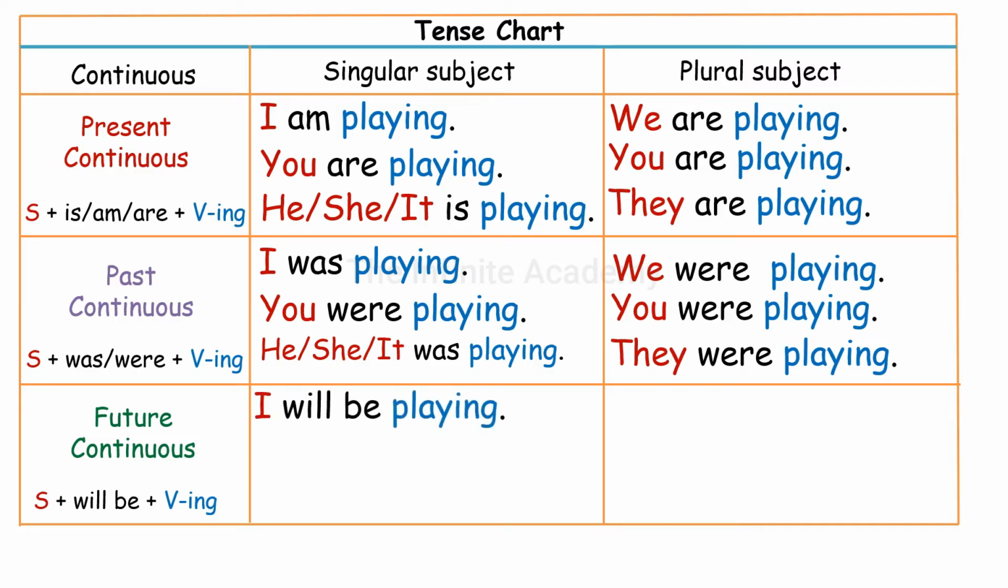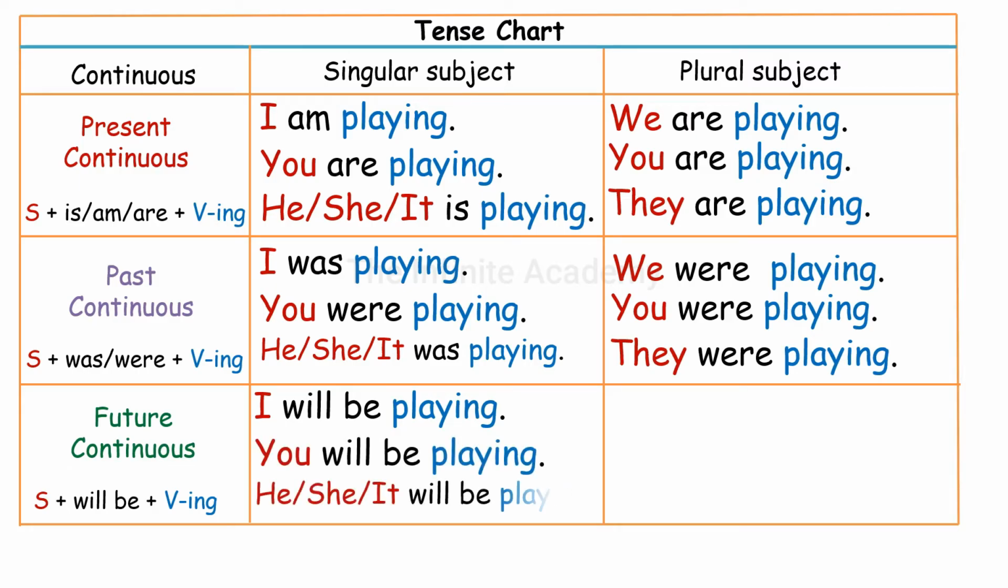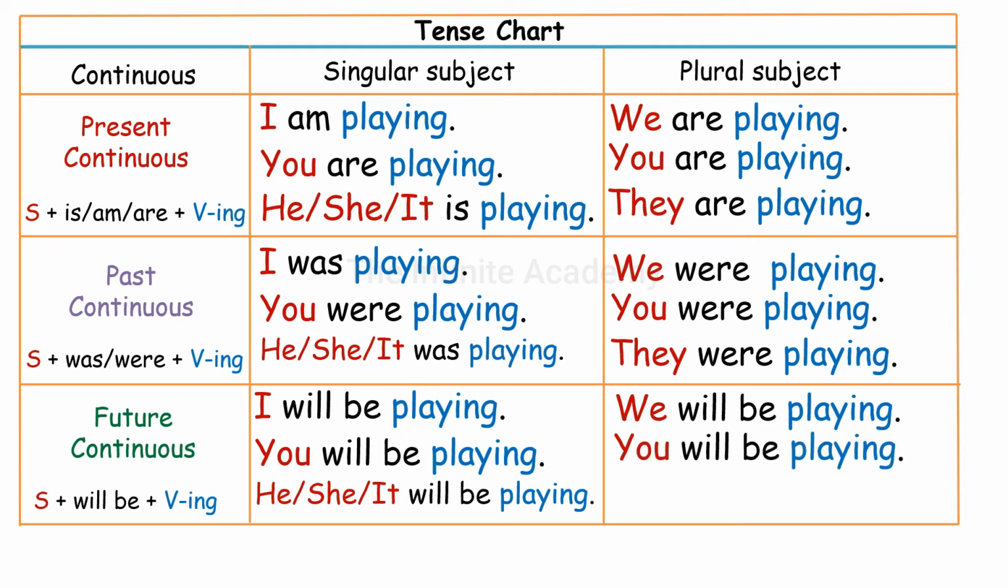I will be playing. You will be playing. He, she or it will be playing. We will be playing. You will be playing. They will be playing. You should understand that these rules are permanent, and when you change the helping verbs, the